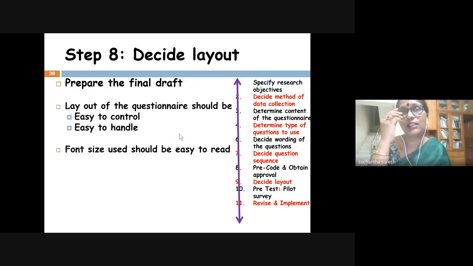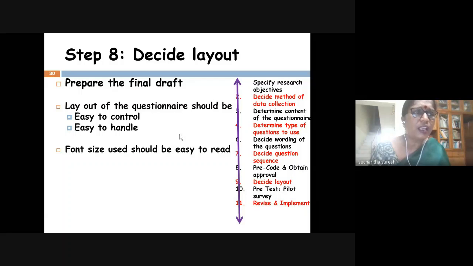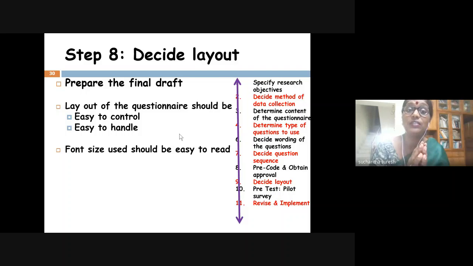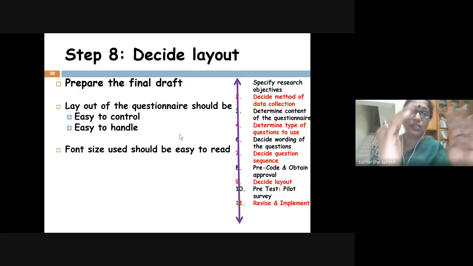So why I am asking, if at all people come and show me the questionnaire, then I'll ask. First objective questions are there, I'll ask first. They'll say, ma'am, one is here, one is there, something like that. A few questions are there in the first page, and another one is there in the last page, like that. You understood? So that way, one logical sequence you follow, so that it is easy for you also to understand.